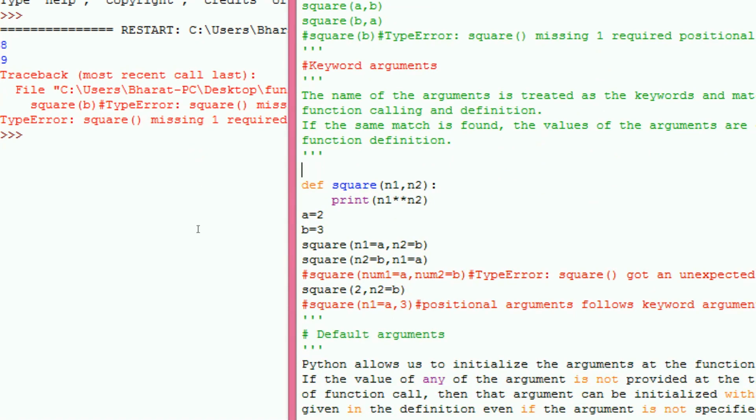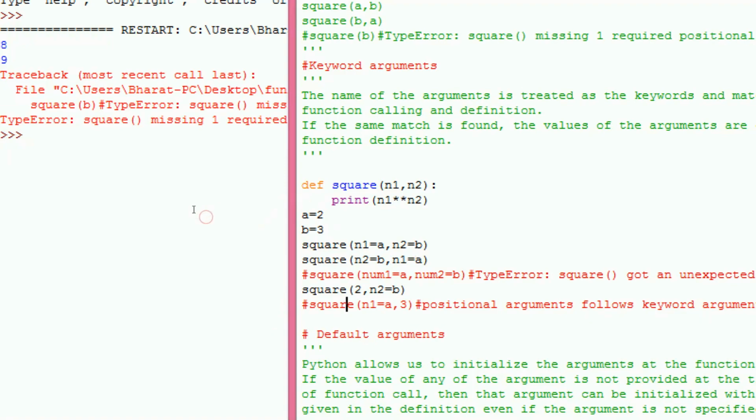Next we see keyword arguments. At the function definition we are giving the argument names. Those names act as keywords. So in this example, n1 equals a, n2 equals b. That means n1 equals 2, n2 equals 3. After that, n2 equals b, n1 equals a, so now n2 equals 3, n1 equals a.